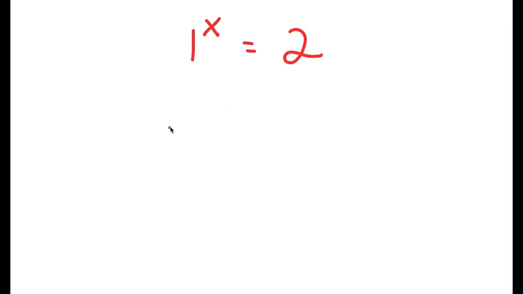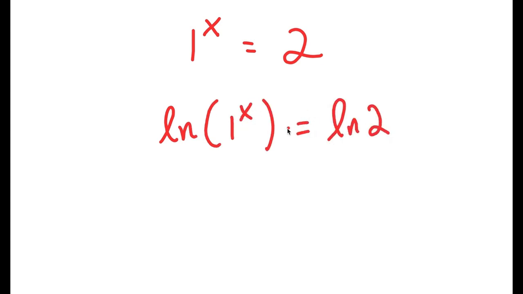What I'm first going to do is start by taking ln of both sides. So I get ln of 1 to the power of x is equal to ln of 2. And ln is the same thing as the natural log. And the reason I took the ln on both sides is because it comes with a property that states that